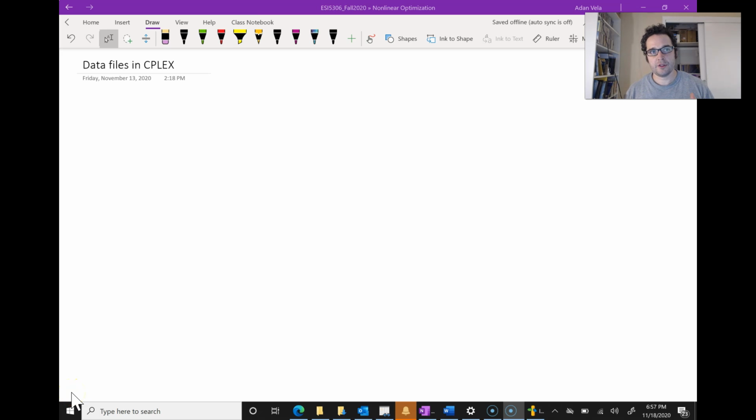The first step to generalizing CPLEX, where we can solve the same problem multiple times with different values, is using data files. Now, before, what we had done is whenever we had created our model file, so our .mod,